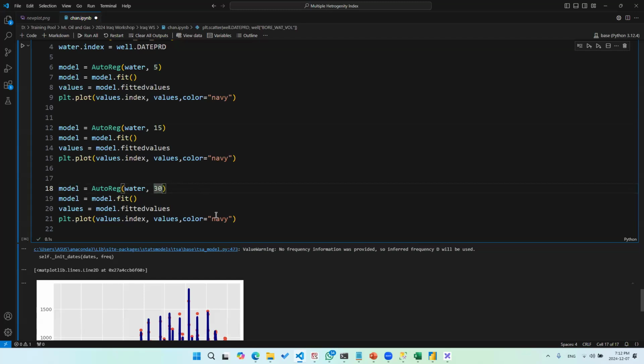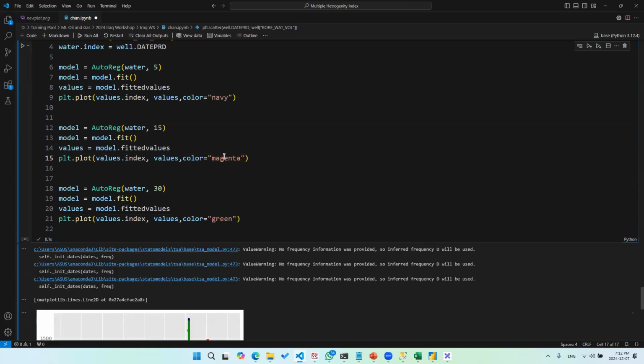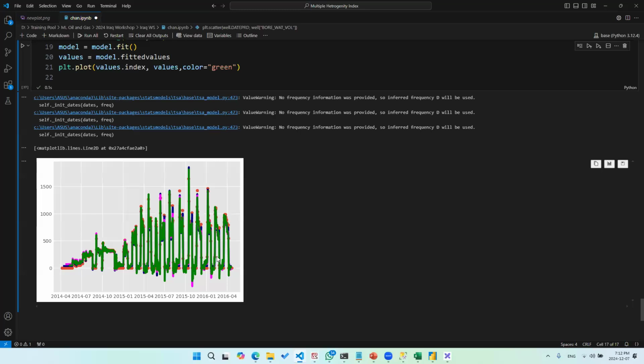So basically, it learns this a little bit better. The last one will be green, and the other one will be red. Oh, let's make this a different one. Let's make this magenta. Of course, you can control any aspect of your chart. And these are the different data models plotted with each other.